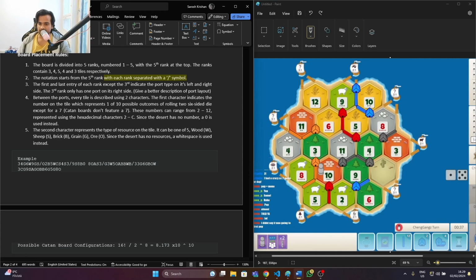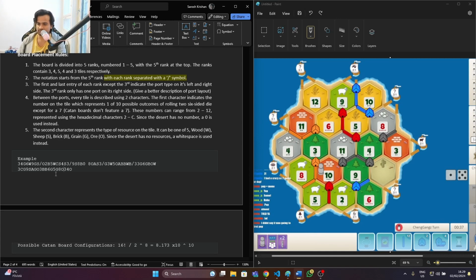Okay, and then oh yeah, we didn't do the ports for the second rank. What is up with me today? Okay, so we did the AG, I agree, and then there's the OR port, yes, and then there's a 3-for-1 port again. And then there's the 11 bricks, and then there's another 3-for-1 port, and then we do the 4 or